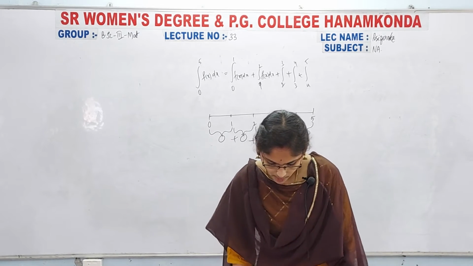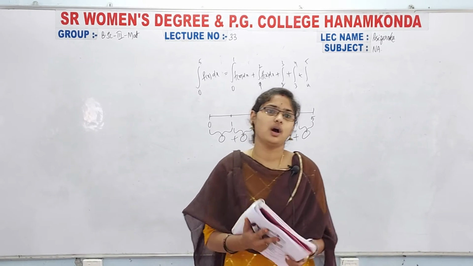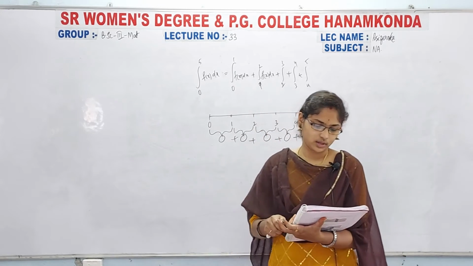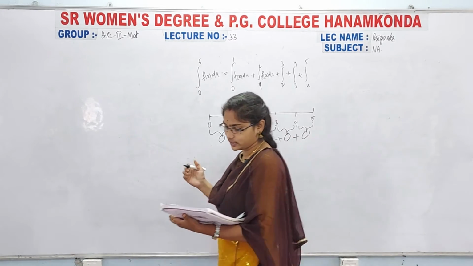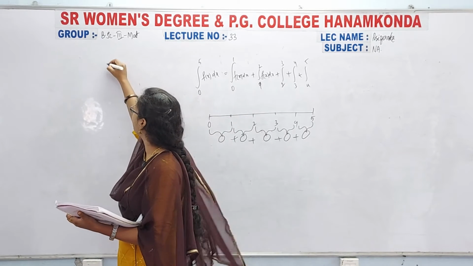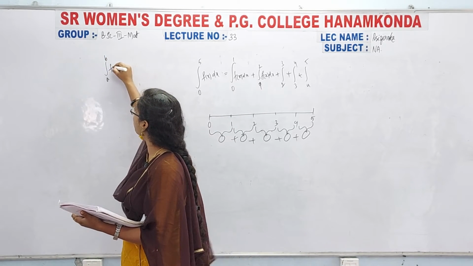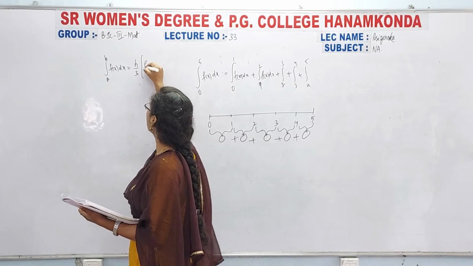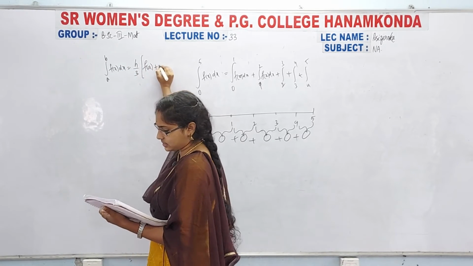First one, composite Simpson's rule. Integral a to b, write down. Integral a to b f of x dx is equal to h by 3 of f of a plus 2